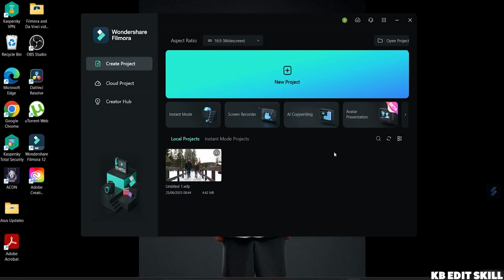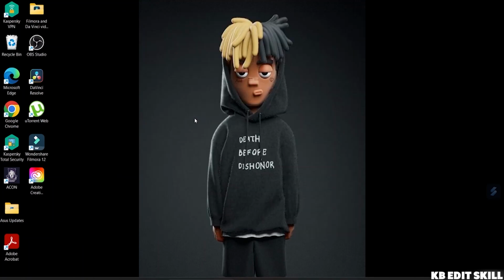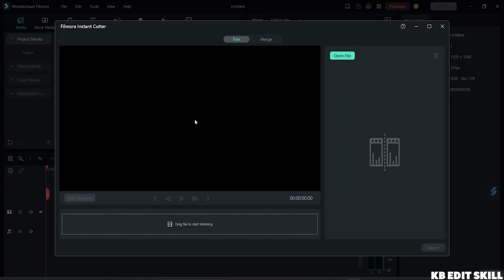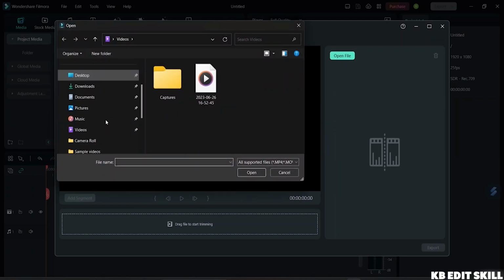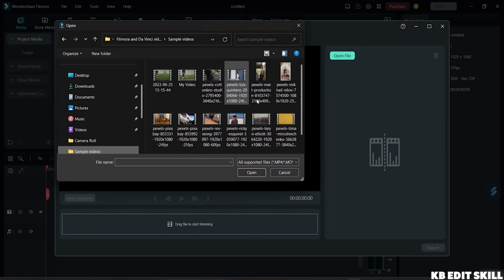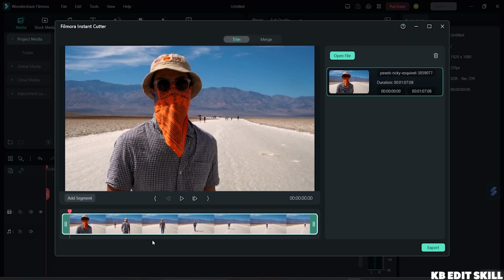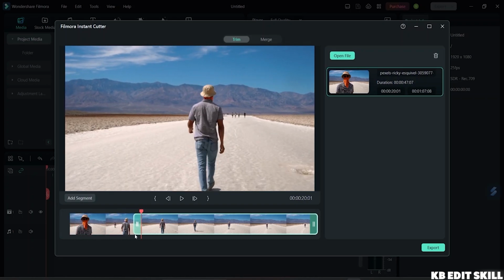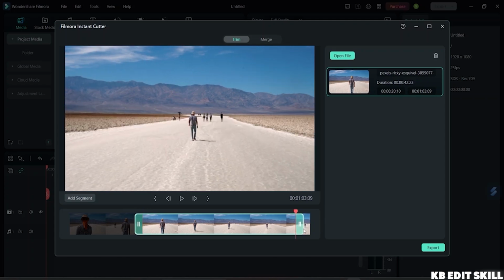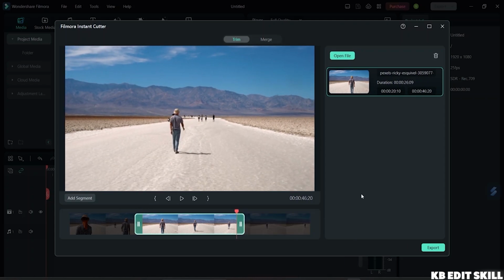And here we will see the instant cutter. So here, as you can see, if I want to trim any videos fast or if I want to merge, I can do it from here quite easily. So I'll go to my sample videos, take this video and open it. As you can see, if I want to trim this, I can trim it from here. It will trim down the video for me instantly. And if I want to just export, I can do that. And again, if I just go back,